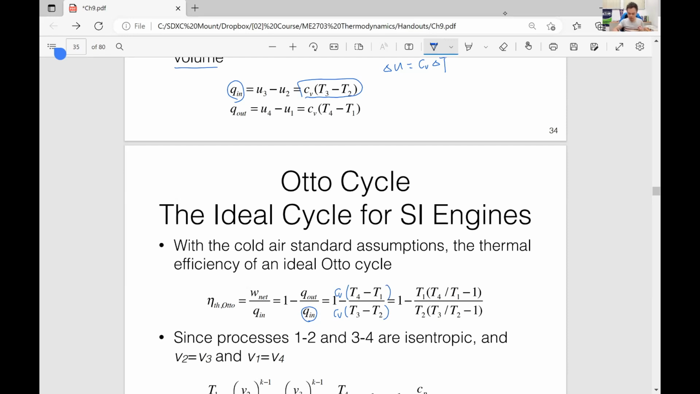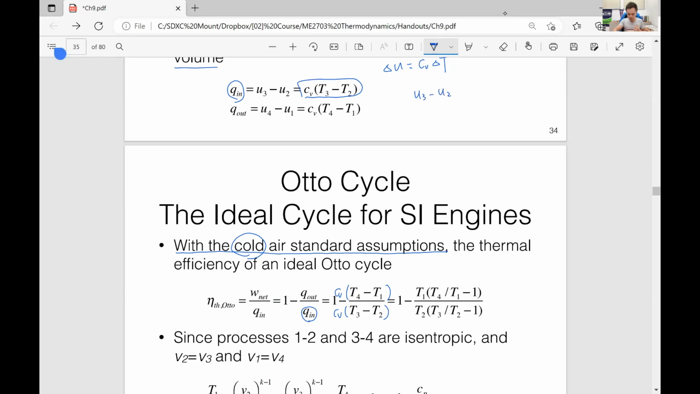Okay, all right. So now look at this. With the air standard assumptions, with the cold air standard assumptions. So what does this mean? With the word cold in front of air standard assumptions, that means we can assume the specific heats are constant at room temperature. So theoretically, not theoretically, but what we have learned before is, all right, so U3